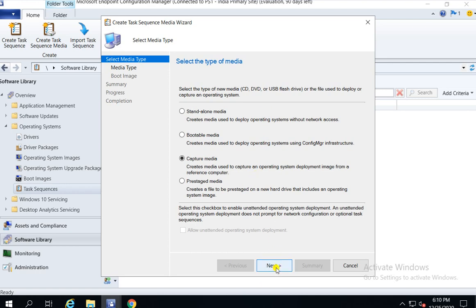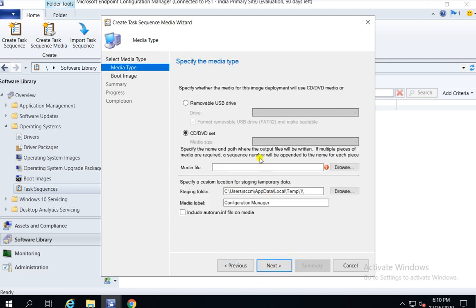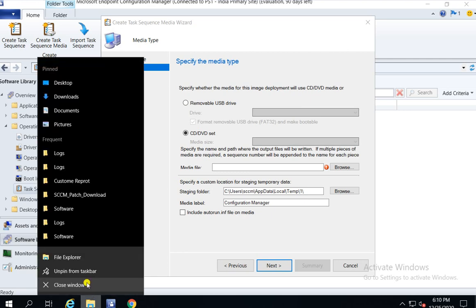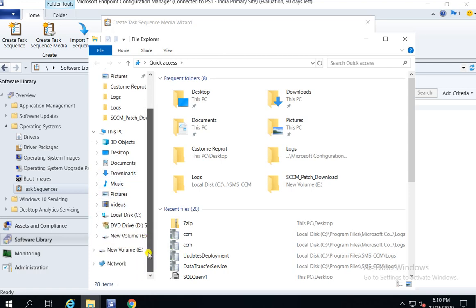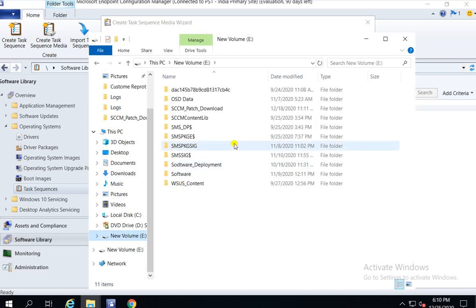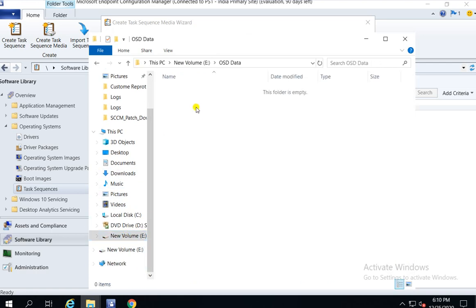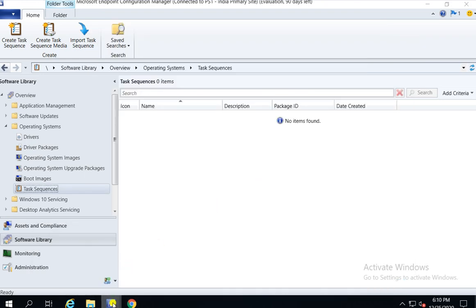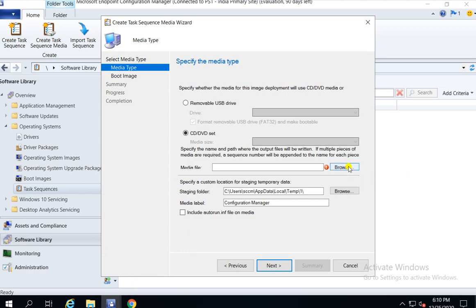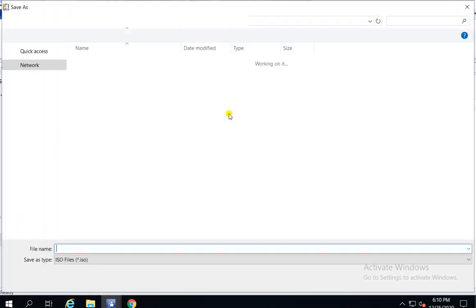Now I have selected capture media, next, and here is an option for where you want to keep this media file. Let me go to a path where I can keep it. I'm going to the E drive, where there is the OSD folder, and I can browse here.